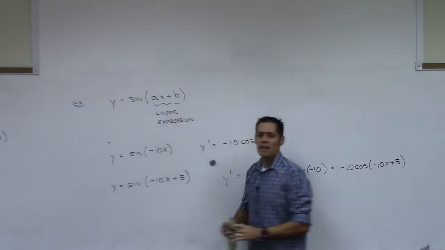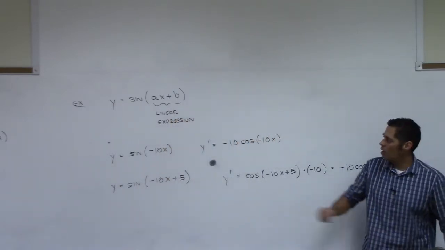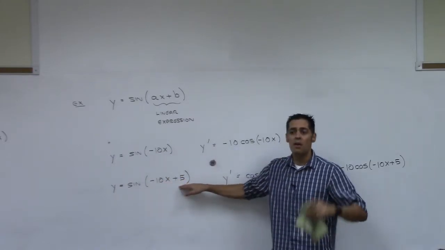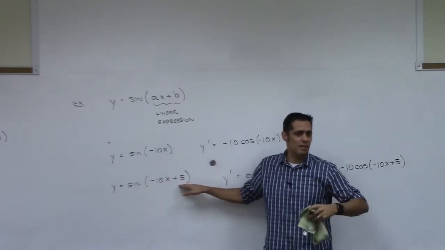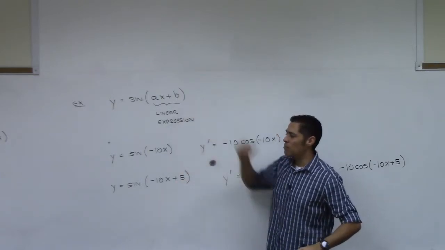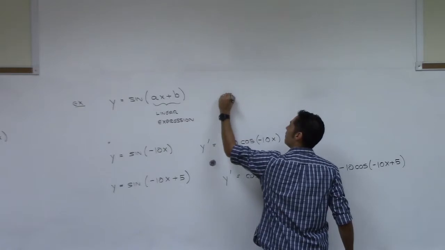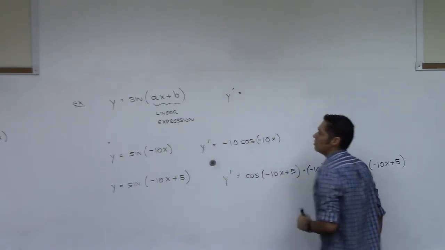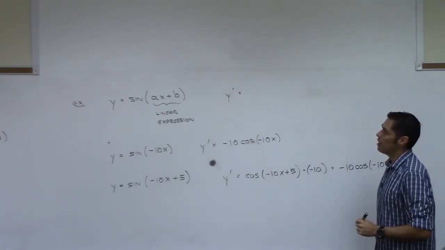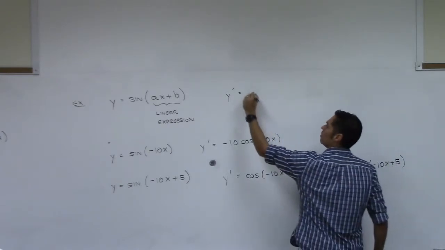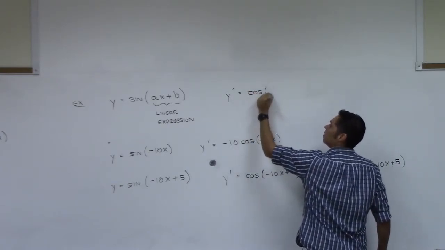So if you have sine and inside of it a linear expression, all of these were linear expressions, right? Negative 10x, negative 10x plus 5. When I had 3x in there, that was a linear expression. So what would happen in general if we have sine of a linear expression? What would the derivative of this be? It would be, okay, so you're ahead of me. I'm going to write it out and then I'll get a final answer, but we'll get cosine of the linear expression